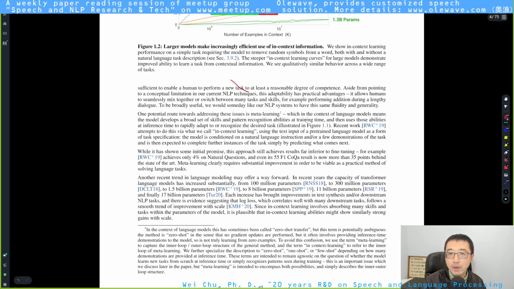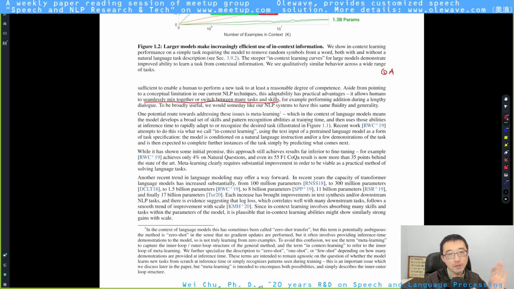And here the author talked about their proposed method, or something they want to do, which is to seamlessly mix together or switch between many tasks and skills. What they actually meant was, remember that for the current NLP models, one model can only do one thing, okay? Most of them were like this.